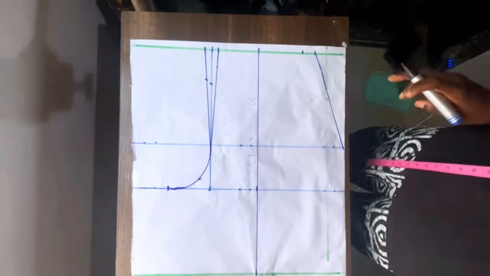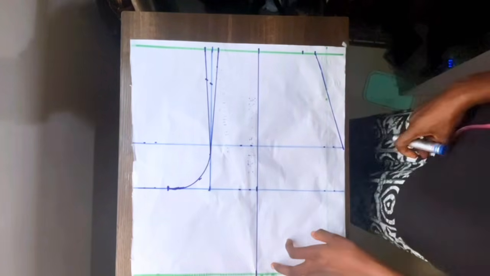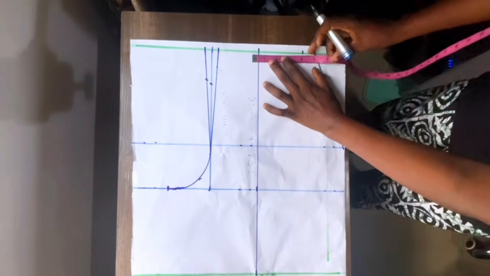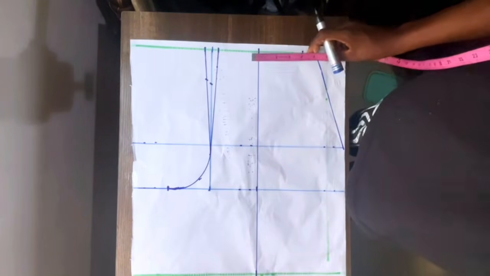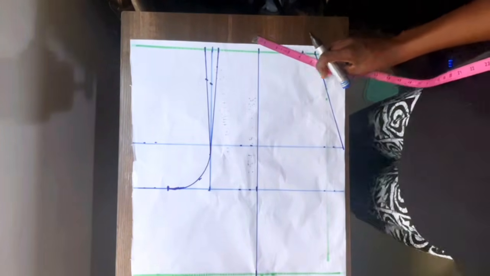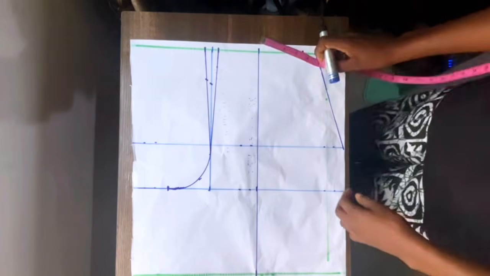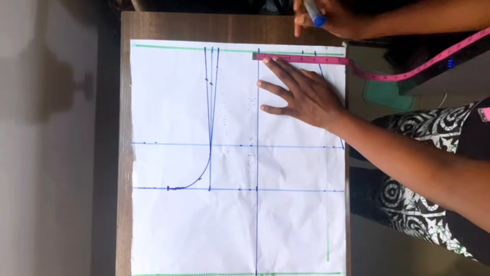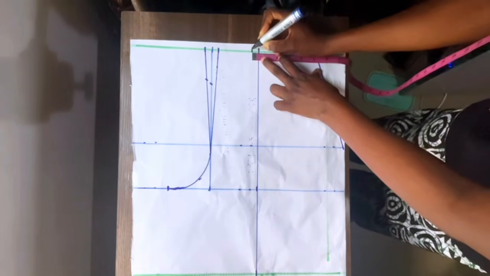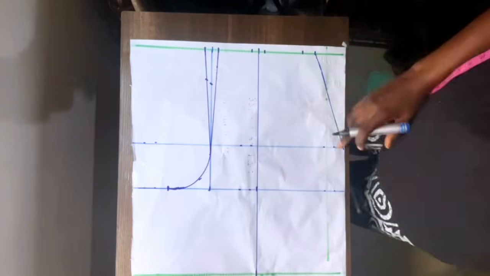So you're going to connect this line like this. And then on top, on this point, we're going to be marking ½ inch on both sides. Now, that intake that you're going to be taking will depend on the size of the person and the style that you want to achieve. So all you need to do is mark ½ inch on both sides, and